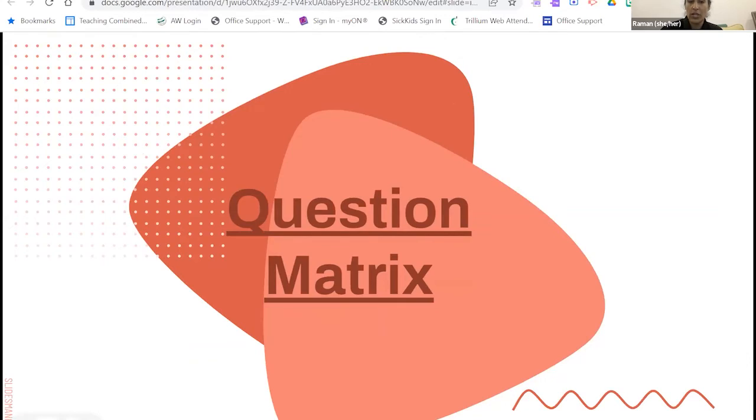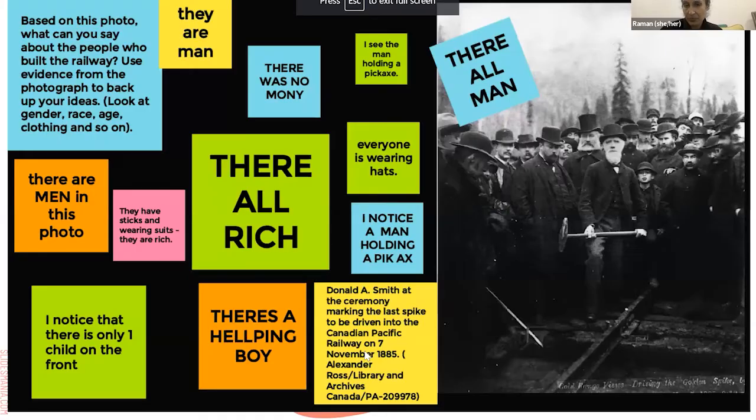But just working on questioning with students, because students are not only making observations and inferences with the photographs, but also coming up with further questions. And I found a lot of times students end up with more questions after looking at photographs than fewer. So what I did with my students is create a Jamboard with the photograph. And then I have the caption, the information that was given with the photograph.